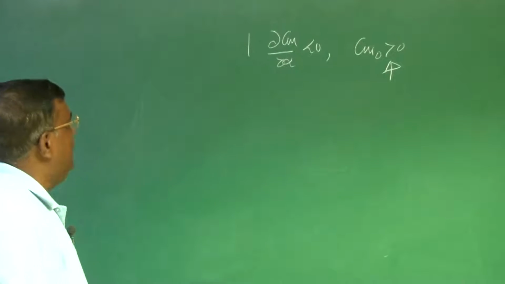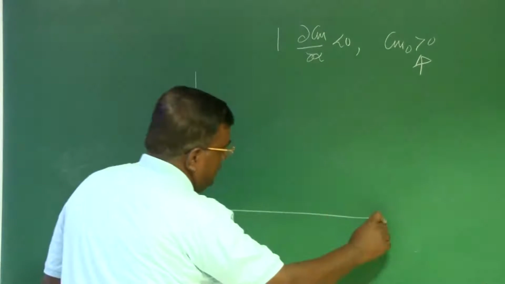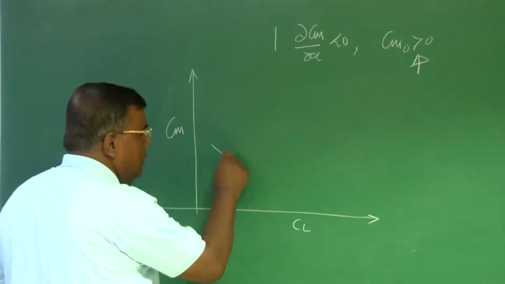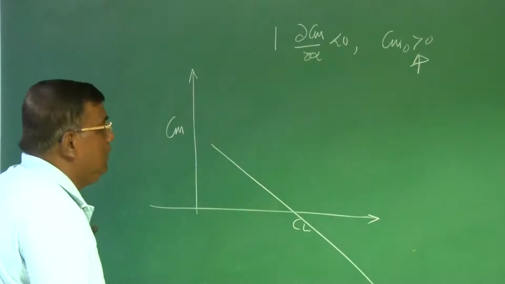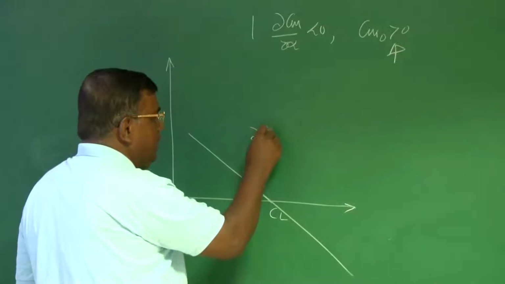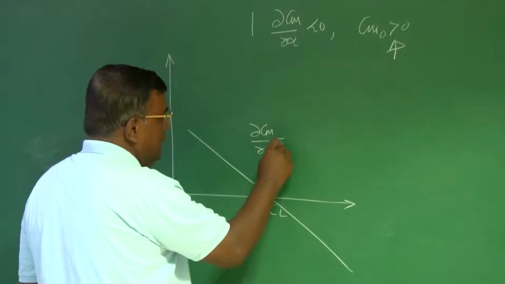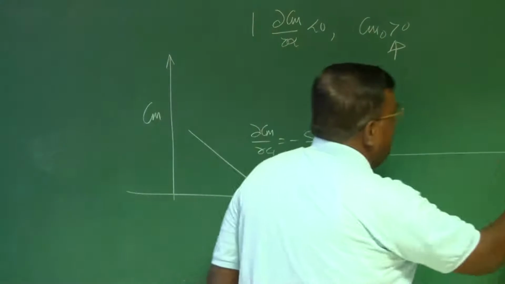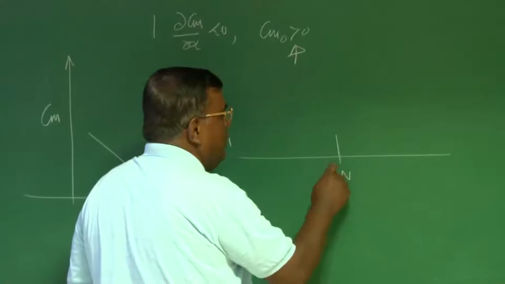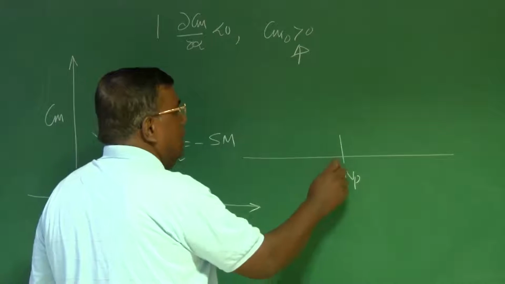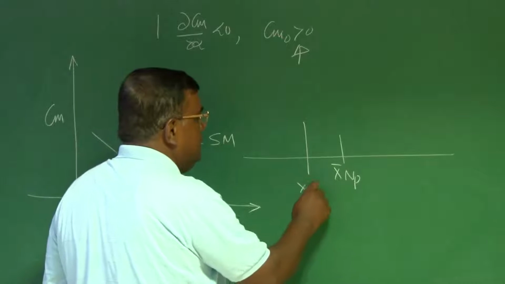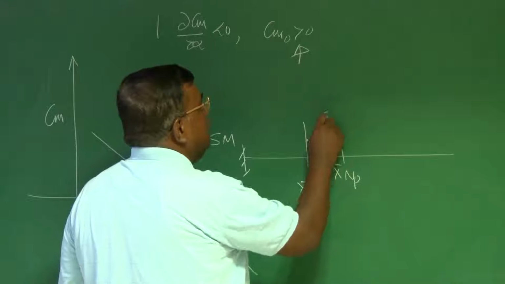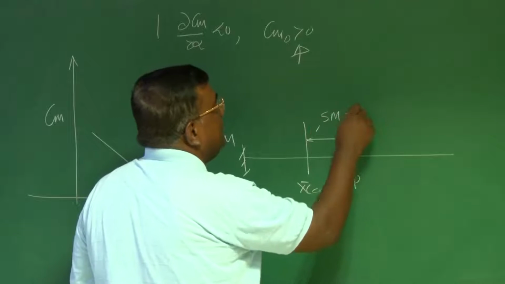Cm naught should be greater than 0, so that I can trim at a positive angle of attack. And how we started, as far as conceptualizing the design, we said, okay, I know Cm versus Cl will be something like this, and this slope dCm by dCl is nothing but minus static margin, and static margin we define as follows: if this is the neutral point and if this is the CG,